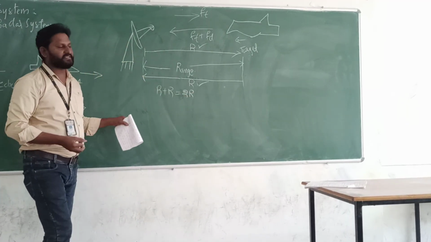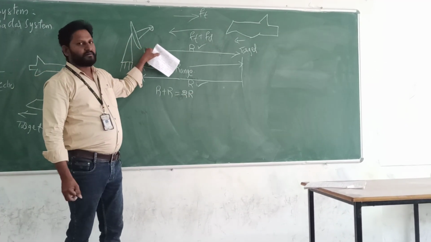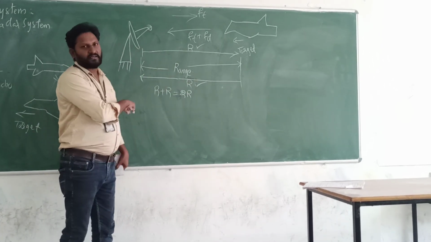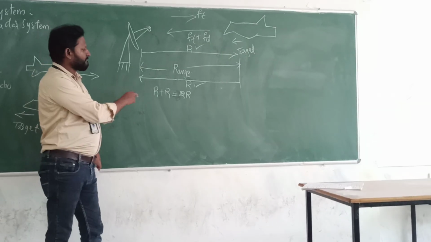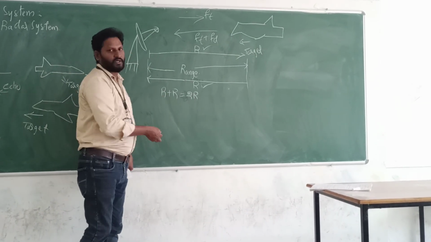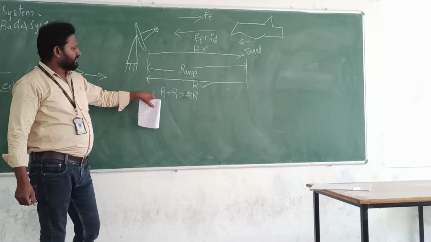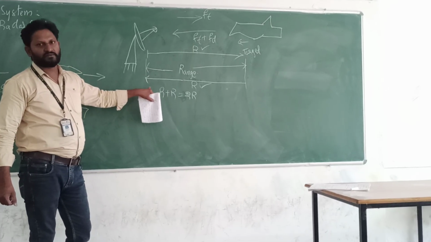The signal which is traveling from the transmitter antenna to our target and from the target back to the receiver antenna covers R plus R, that is 2R. This is the distance our frequency is going to travel. Based on this we are going to find out the range of the